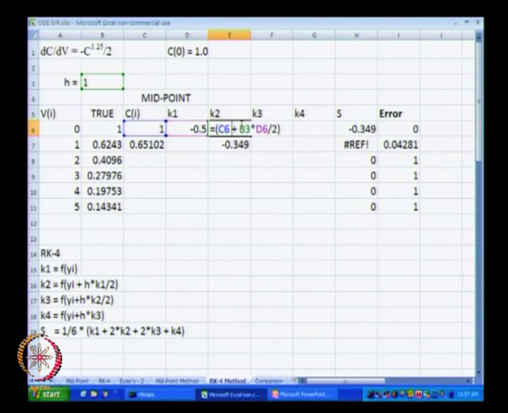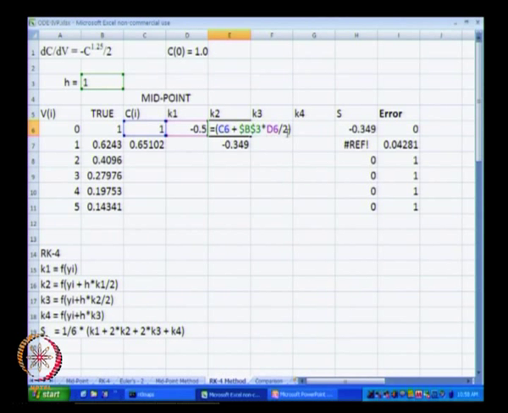C6 is yi, B3 is our h. When we drag and drop, we do not want our h to keep changing, so I am going to put dollar signs in front of this. And then D6 is our K1. So, our argument is C6 plus h multiplied by K1 divided by 2. It is just the h multiplied by K1 which gets divided by 2.